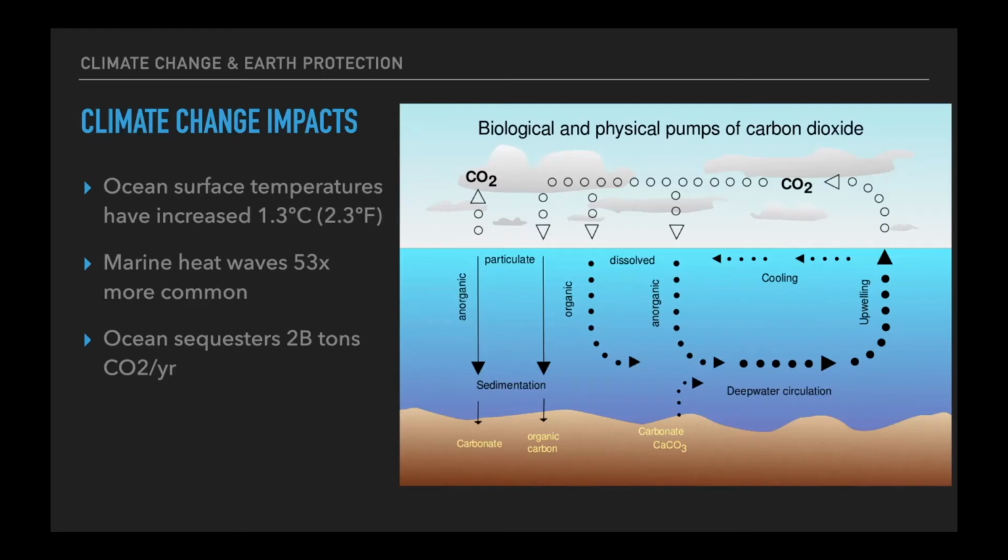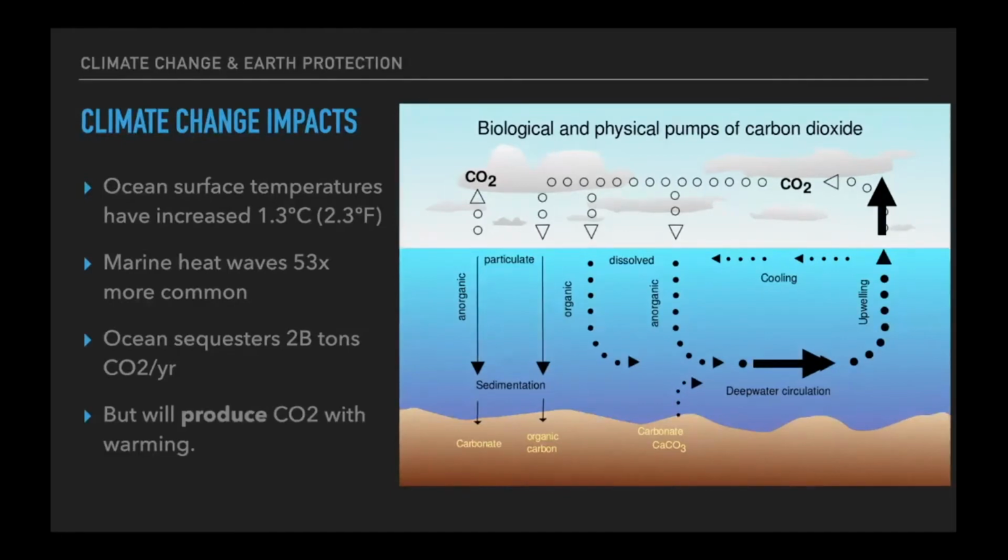But what happens is as we heat up the water, we're affecting our deep water circulation, which affects our upwelling, which ultimately results in the production of CO2 from the ocean. So we get this negative feedback. The more we heat up the earth, the more we produce CO2, the more the ocean is going to release more CO2 and heat up the earth, etc. So we really have a responsibility to do what we can to sequester and stop the production of carbon dioxide.